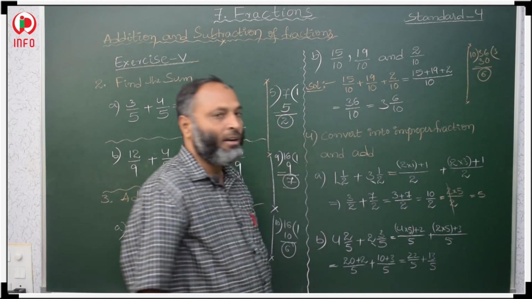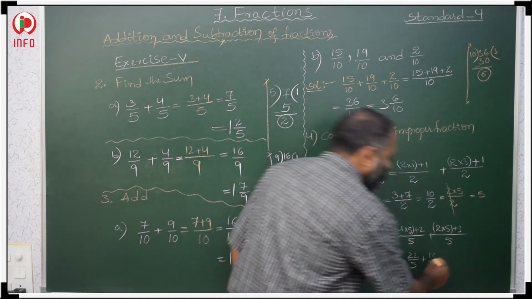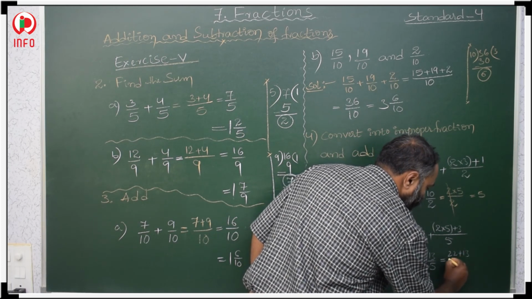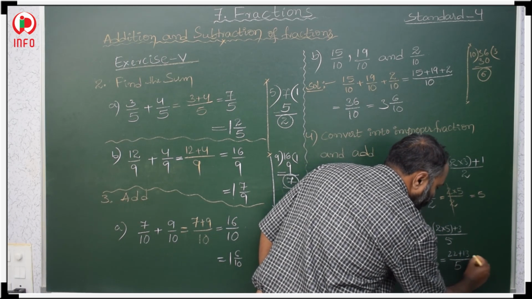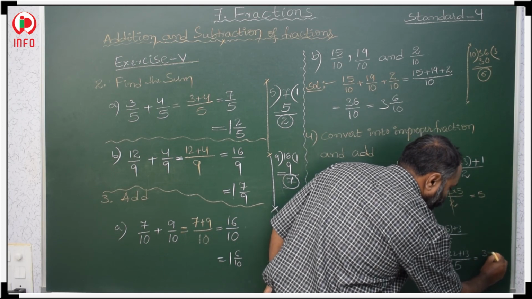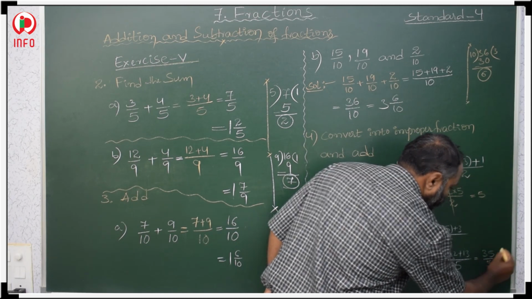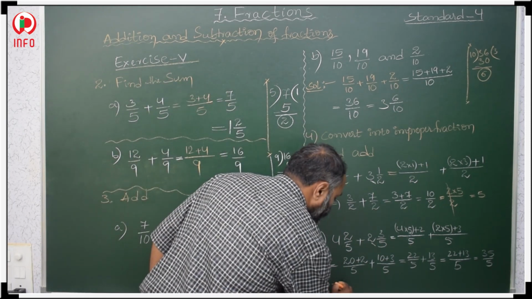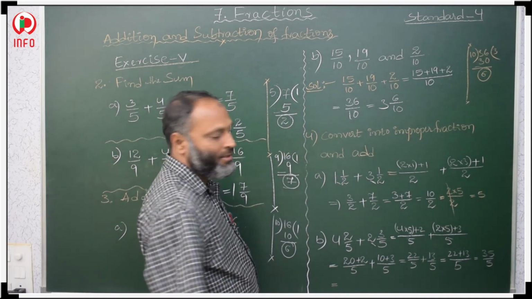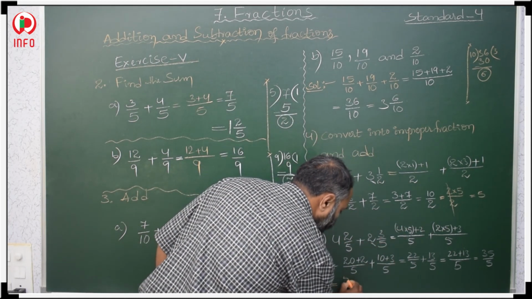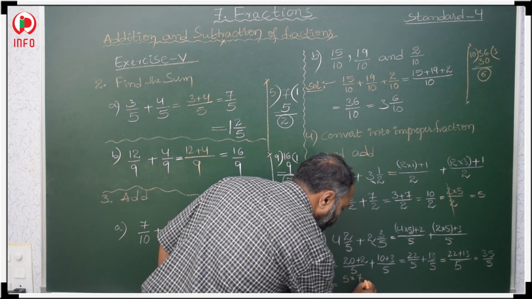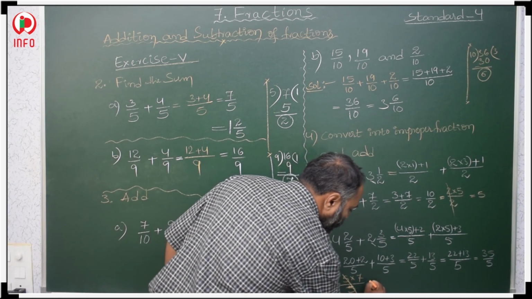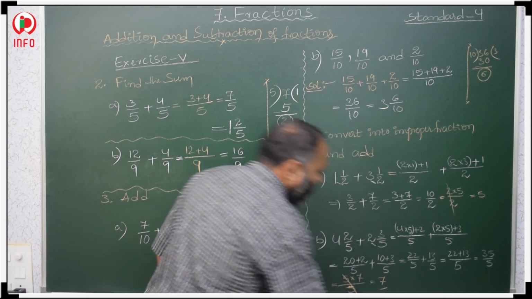Now these two are like fractions, so we have to find the sum of the numerators by the common denominator. It is 35 by 5. Then how to simplify, you know. First we have to write prime factors. 35 means 5 7s are 35, by 5. The same 5 gets cancelled. Then the answer is 7.